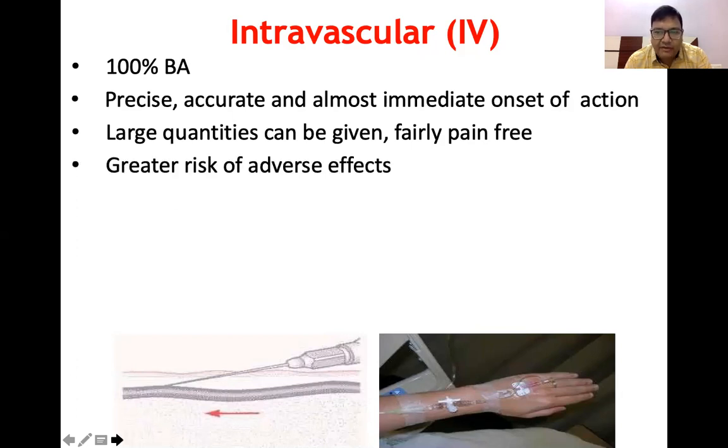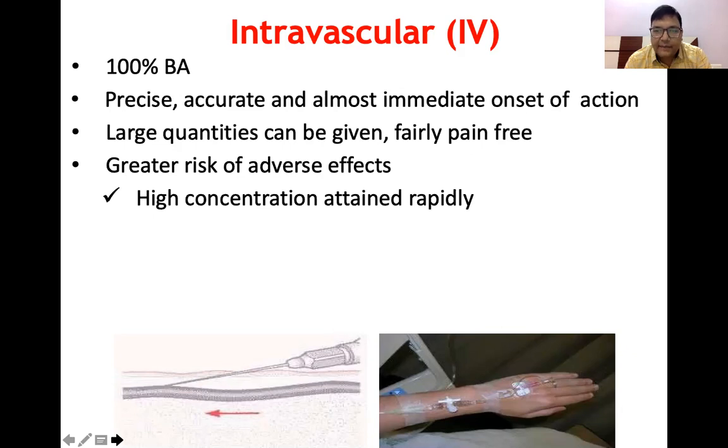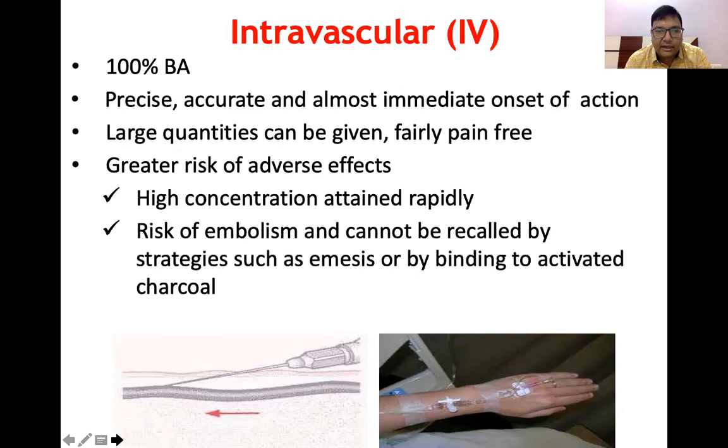And with an IV bolus, we can also administer a larger amount of drug immediately. There is a greater risk of adverse effects associated with the intravascular route, since high concentration is attained rapidly and we cannot take the drug out. There is a risk of embolism, and the drug cannot be recalled by strategies such as emesis or by binding to